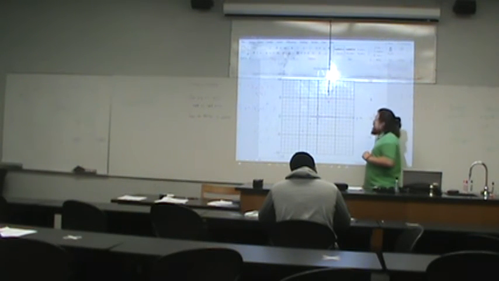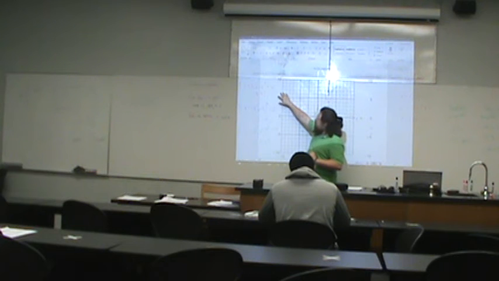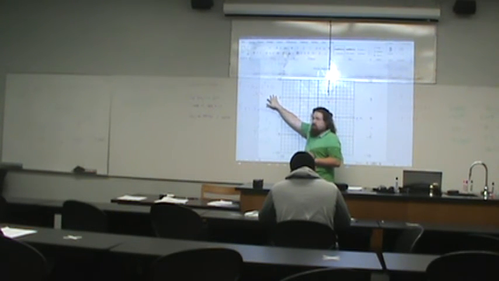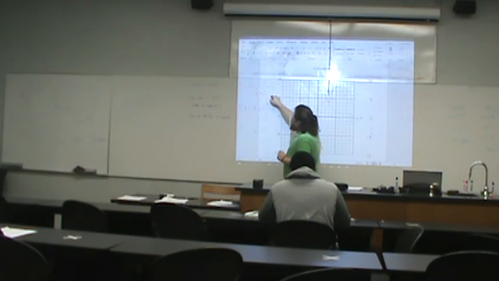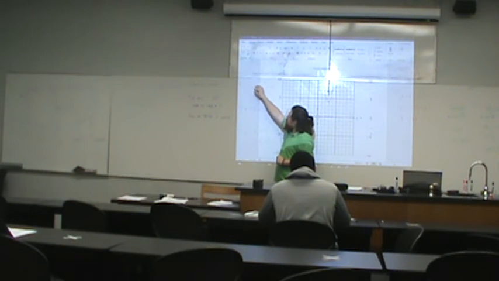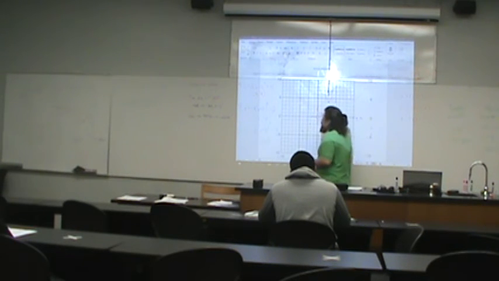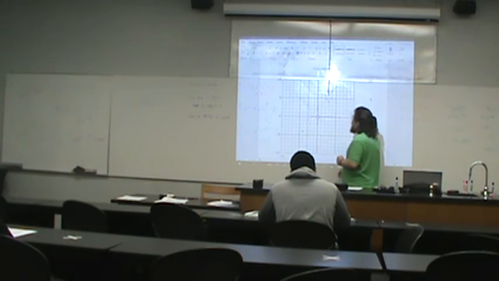And for each graph on the assignment, for number 4, that vertex is going to be at coordinates 3, 4. I know this because when looking at the way the formula is written, if you plug in a 3 for x, then 3 minus 3 is 0, 0 squared is 0, 0 times 3 is 0. That leaves our answer as 4. So 3, 4 will be the vertex of this graph. And so 1, 2, 3, 1, 2, 3, 4. From there,